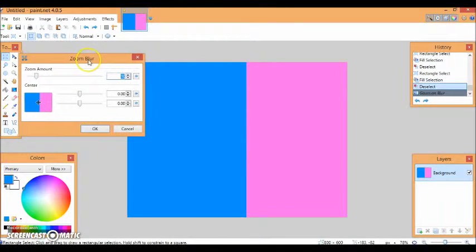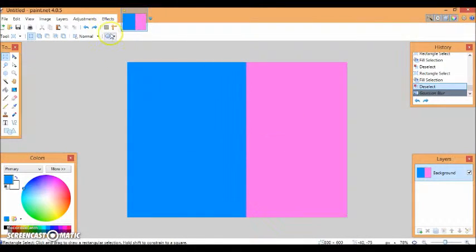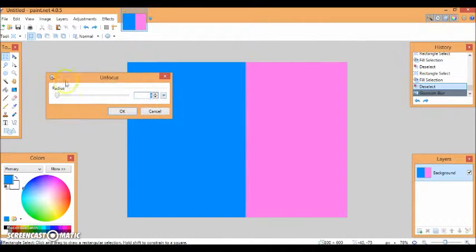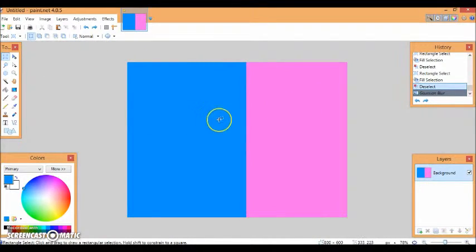So now with the zoom blur, you can select the center of your image and you can adjust how much the zoom blur is. This is not a very good one for this example, but I never really use it. I wouldn't recommend it. And there is the unfocus, which is very similar to the Gaussian blur. But if you are going to try shading something in or blurring colors, like if you're coloring anime, like